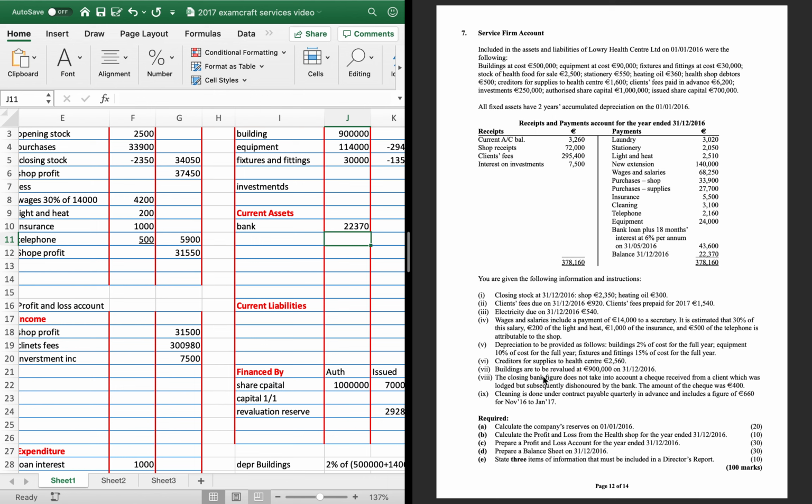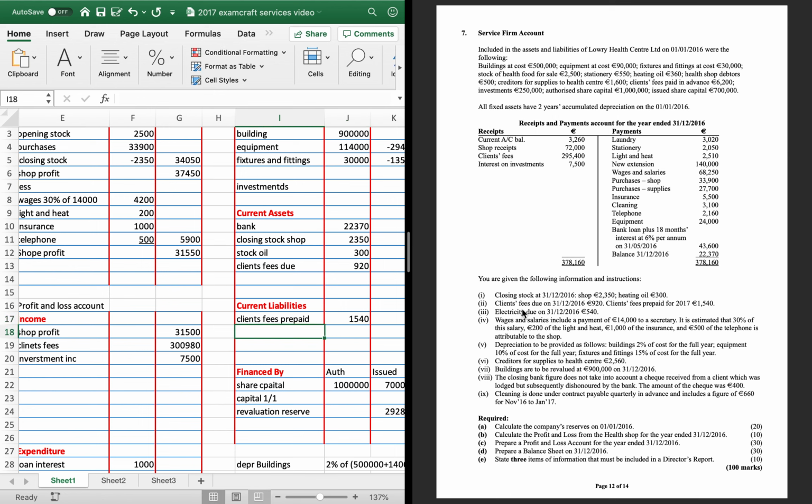Down to the bottom, all of these have to go into the balance sheet except working F4, which we've already done. So the closing stock for the shop is 2350, and for oil is 300. Next one, client's fees due, is an asset, money that's owed to us, 920, and client's fees prepaid then is a liability,